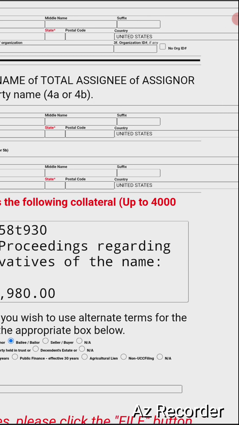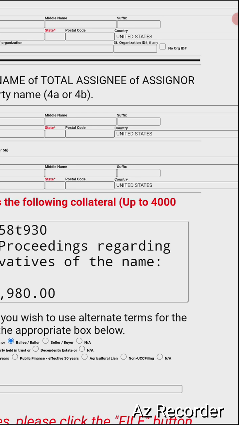Agricultural lien, which is the highest lien that you could put on anything. All right, Department of Agriculture runs everything. Every department is under the Department of Agriculture. Agriculture, land, dealing with the land. Okay, all right, so